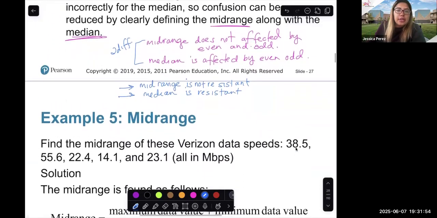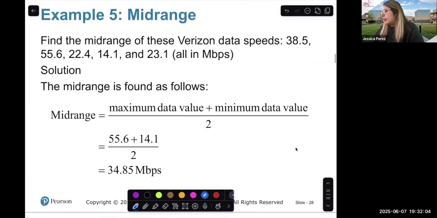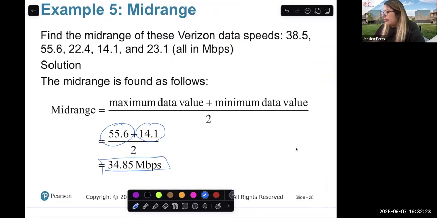So let's look at the example. What is the mid-range for this data? For this example, if we're trying to find the mid-range and we already have the data in order, this one doesn't really take a lot of computation because you're only grabbing two data values instead of all of them. We just look at the maximum data, which is 55.6, plus the smallest data, which was 14.1, divided by 2, and we get